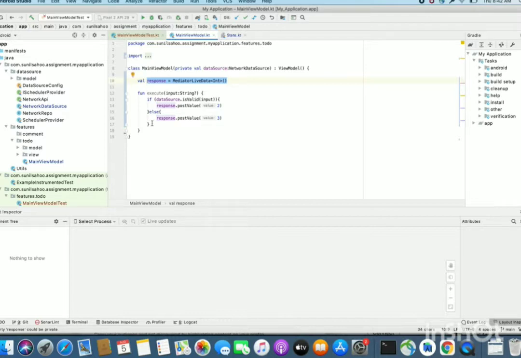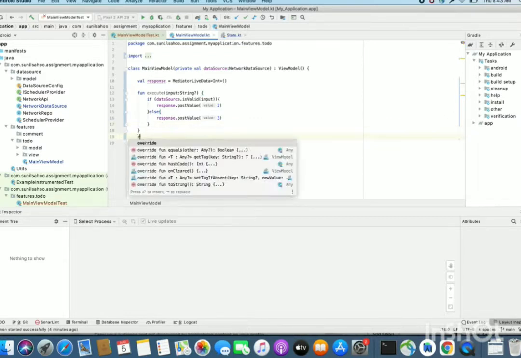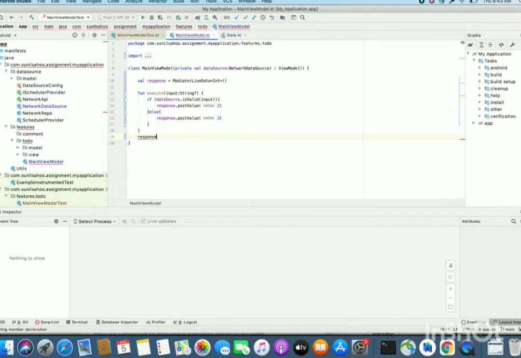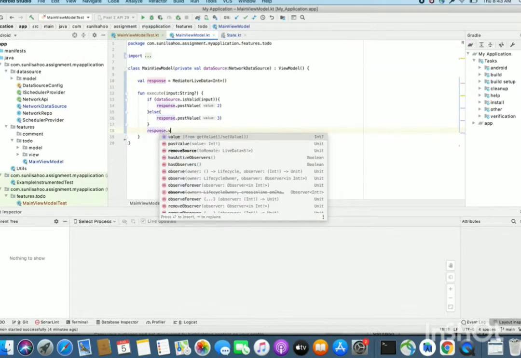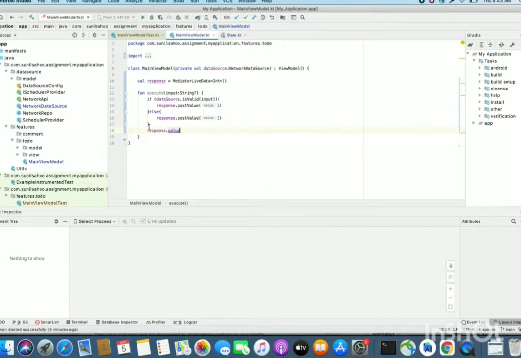How can we get the value from this MediatorLiveData? We only need to write response.value. Whenever I want to get the value, this ideally will give the actual value inside. Whenever I want to retrieve it, we can retrieve it by this.